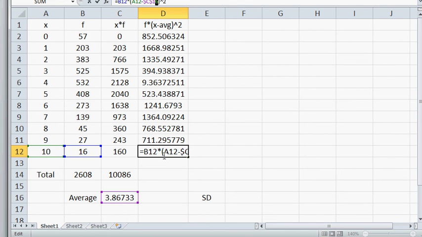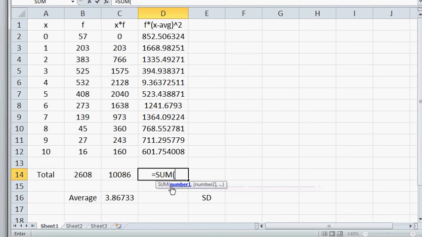So for this last one, for example, I have 10 minus 3.867 quantity squared. Notice because I have the dollar signs, the one here in magenta did not fill down, did not move, while the ones in green and blue did move down as I filled down. And that happened 16 times, so I need to multiply that term by 16. So the sum of these things